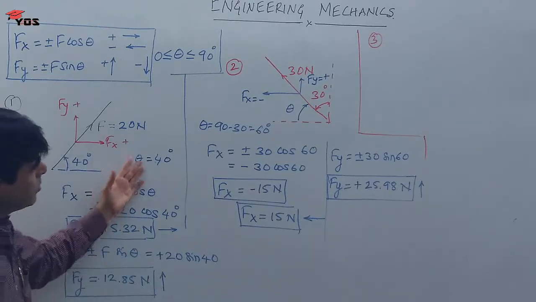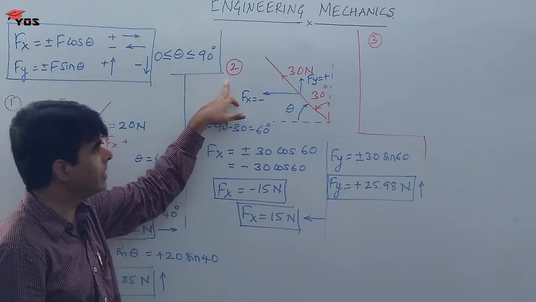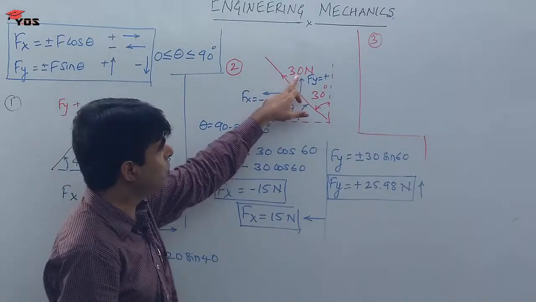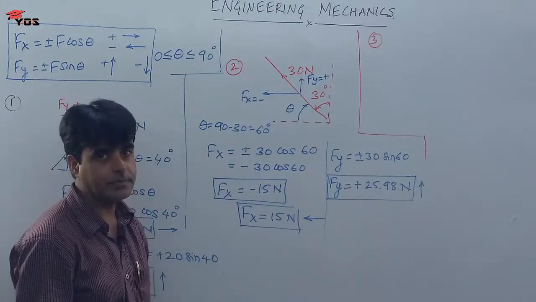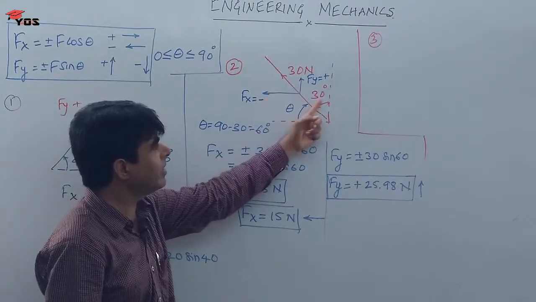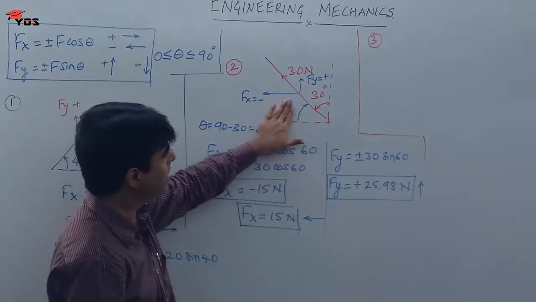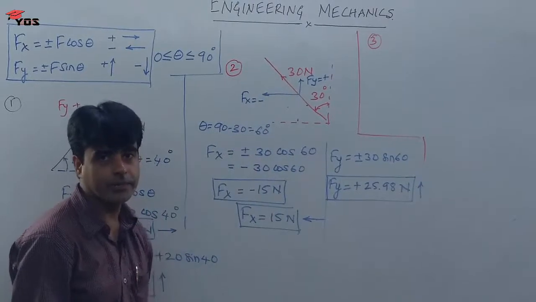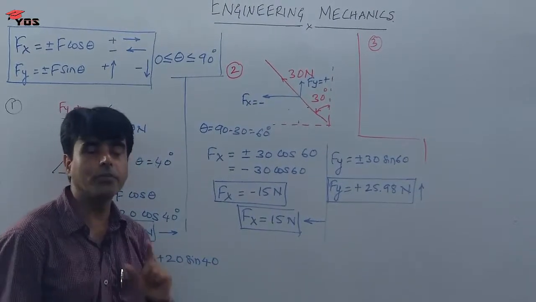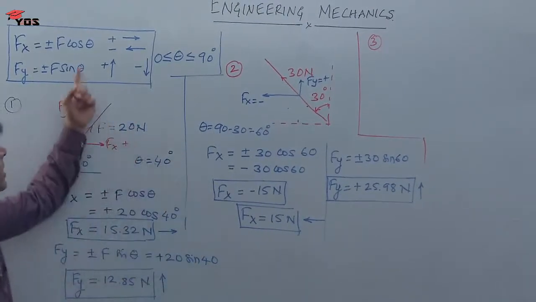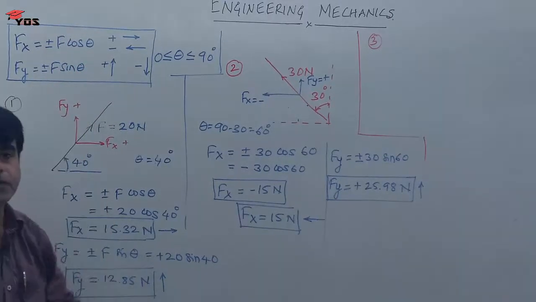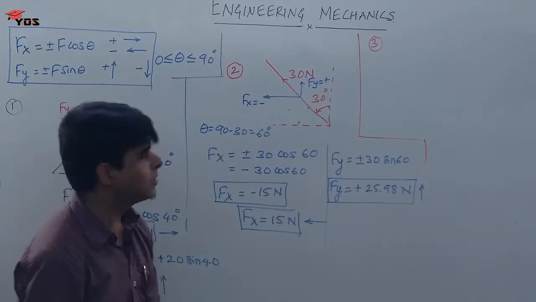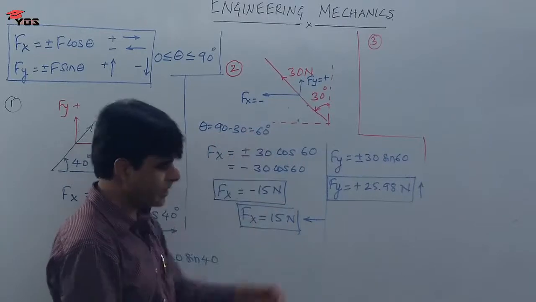So let us consider one more problem, second one. Here a force of 30 Newton is given and it is making an angle of 30 degree, right? So here the given angle is 30 degree with vertical. So very first thing you have to measure theta. You know here in this case theta is always inclination of force with horizontal. So that is why what you can write is theta